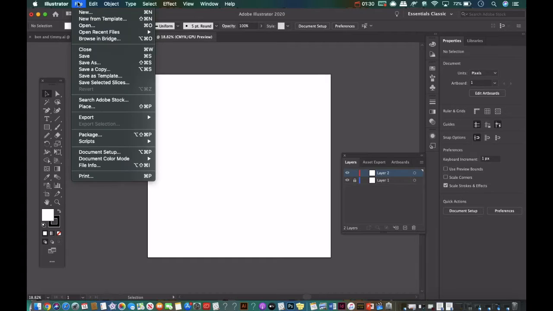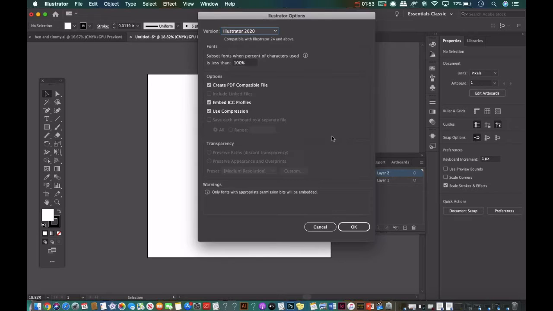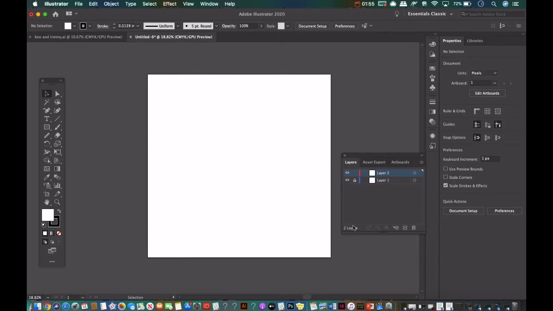And then what we're going to do now, so we have this project saved, is we're going to go to File, Save As, and you can name it whatever you want. I'm just going to name it Landscape. And I'm saving it to downloads, just personal preference, whatever you want to do, and then okay. So now the workspace is all set up,